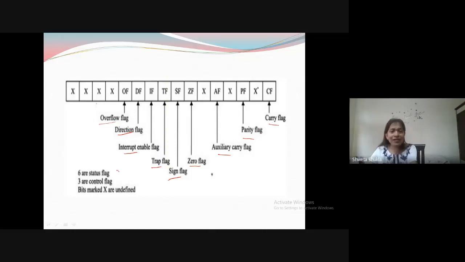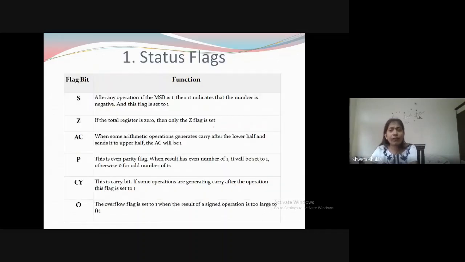So there are 6 status flags and 3 control flags. Out of these 9, we all know this is a 16-bit microprocessor, so some undefined bits are also there, which we have marked. These 7 places are undefined, and the rest are given the flag bits.